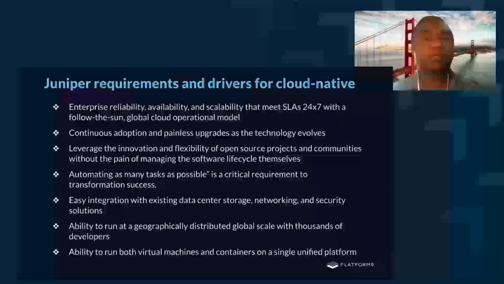And we have customers globally, and we need to have a technology platform that can scale and that can adapt, be flexible. You need to build this platform on what is called a flexible architecture. And you need to continuously adapt and have these upgrades so that you can leverage all the new features and functionality of the new software releases that come out of